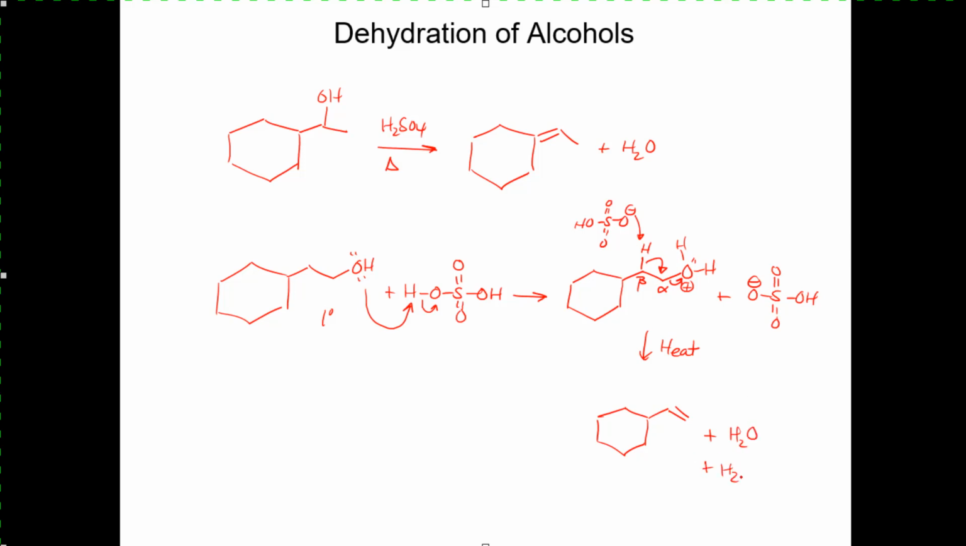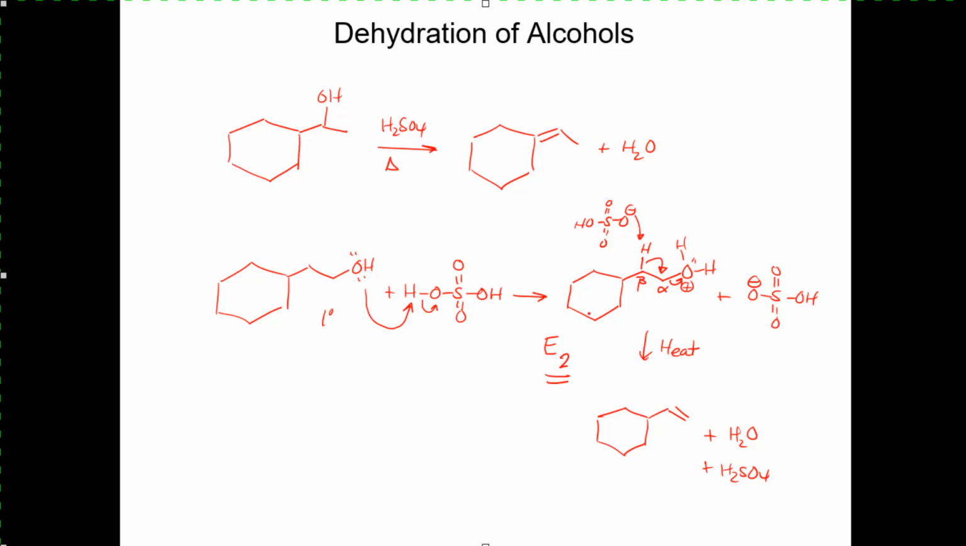And so I would end up forming my double bond, in this case, plus water plus my H2SO4 catalyst. So this overall mechanism would be classified as an E2 mechanism because it did not undergo a carbocation intermediate. You could also have this reaction undergo some sort of hydride shift that would produce a secondary carbocation,